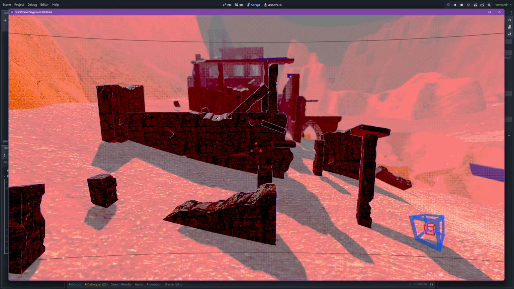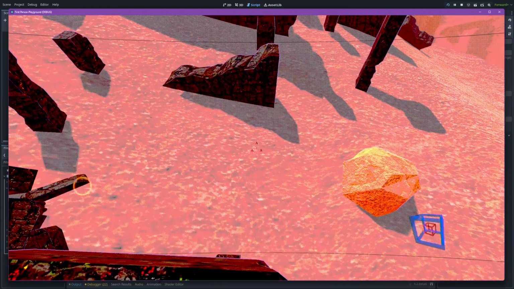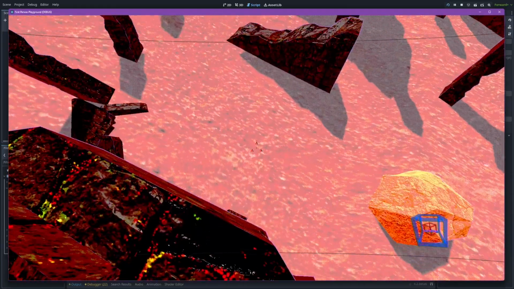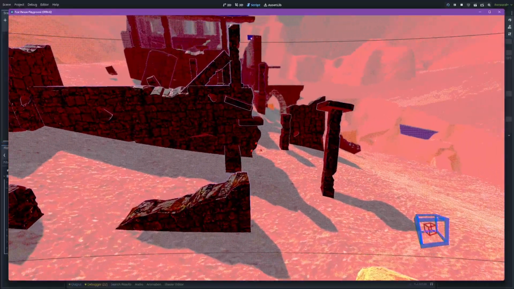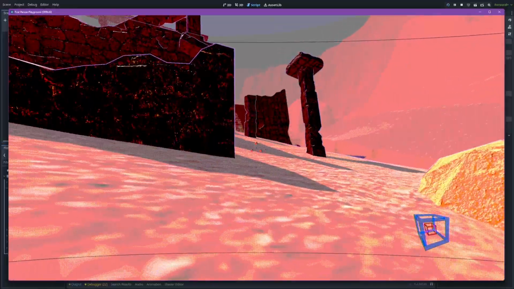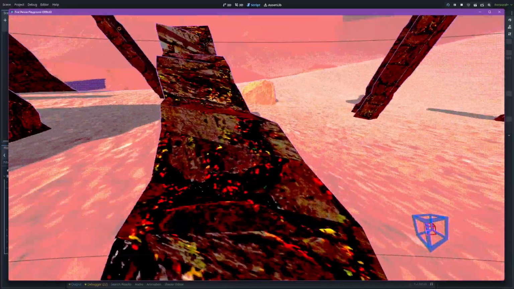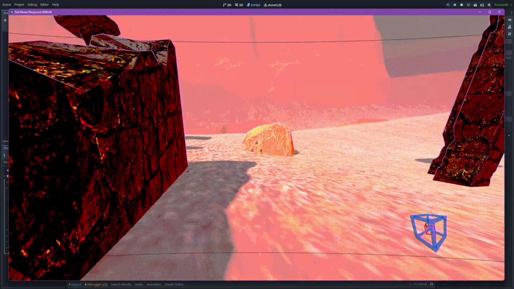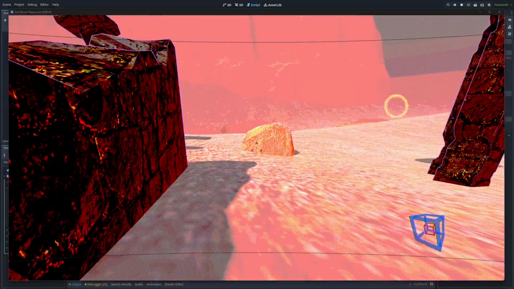So the more impact force my player experiences, the more the HUD is going to shake. So you'll see it here jumping from a pretty high spot. It will shake quite a bit. And if I come over here and jump off of a small ledge, it shakes just a little bit. So let's get into how that's done.